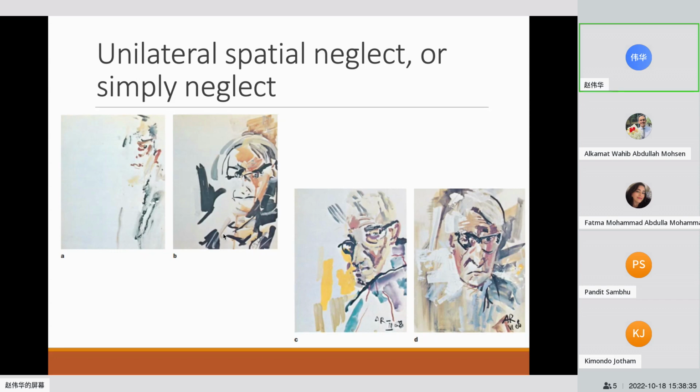This is a picture of the self-portraits by one German artist. He painted these figures at different times following a severe right hemisphere stroke. It happened at age 67, and it left him with neglect to contralesional space. From figure A to figure D, these are the self-portraits at different times. These paintings show his failure to represent portions of contralateral space,